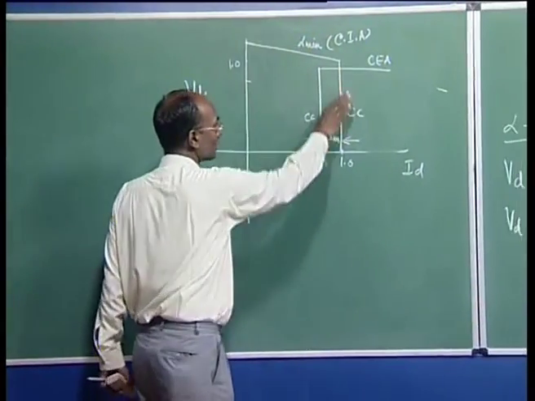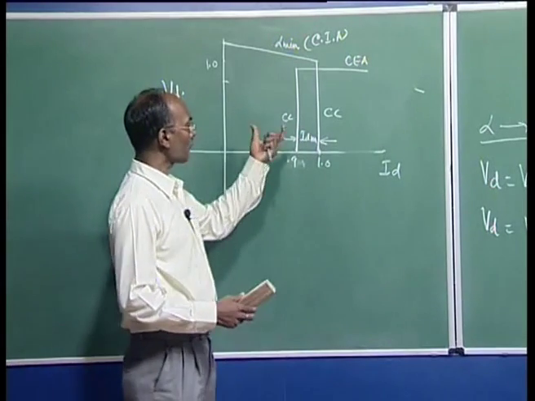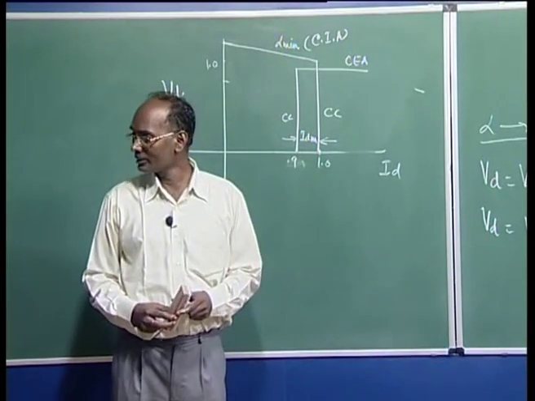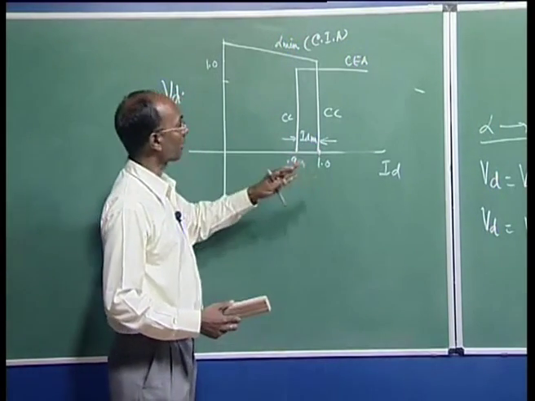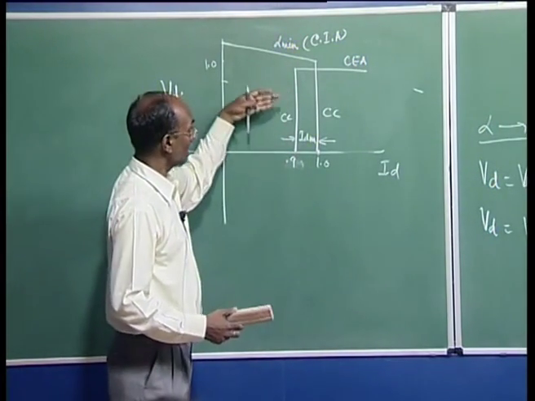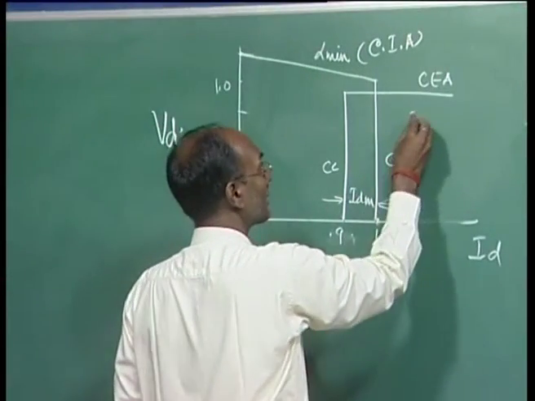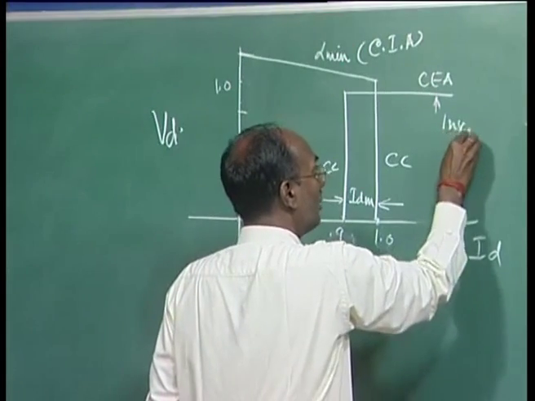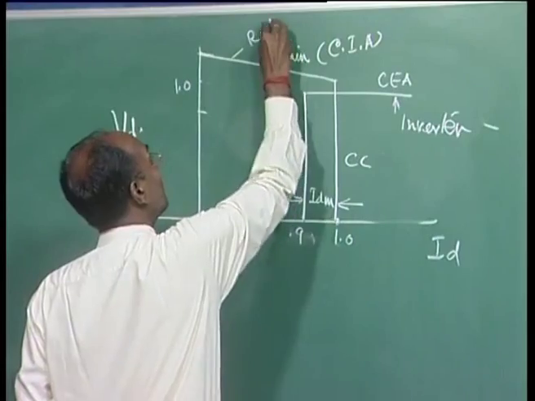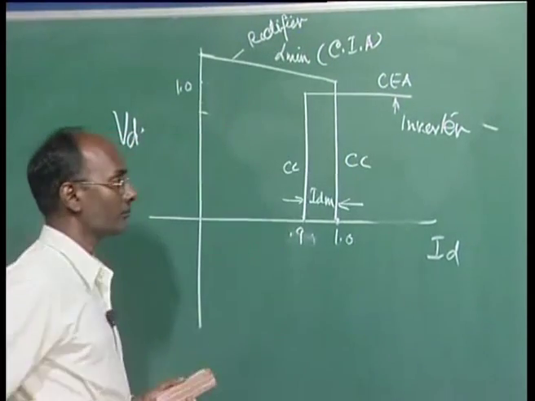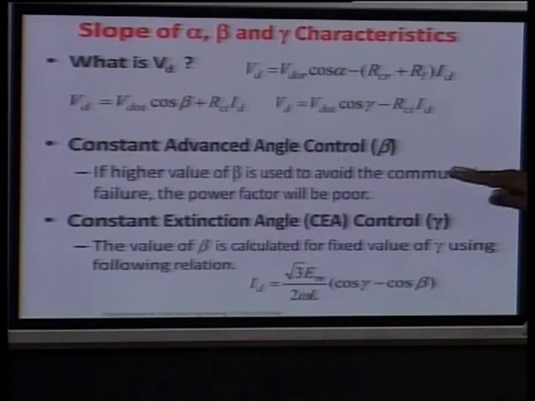So this is the general characteristic that is required, but we will see that for several cases this is also not sufficient, and there will be some modification in this control characteristic. Here we are talking only about, if this is the rectifier, this is basically for the inverter. Here this is your rectifier characteristic. Now I have again written a few points here.